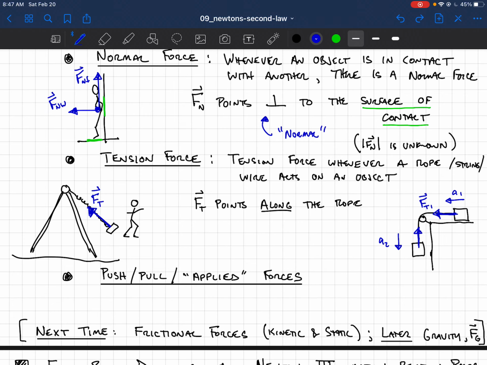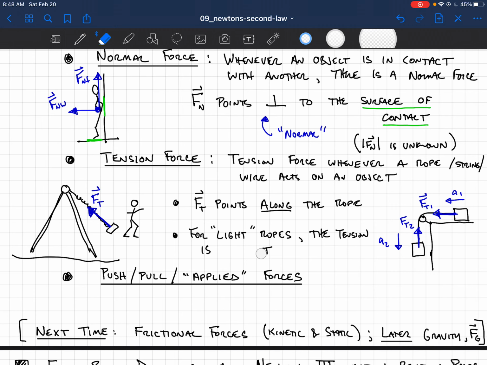Sorry, let me draw that off to the side here. Force tension 2 acting on the second object. And notice that I drew them exactly as I stated here. The force of tension acts on an object along the rope. There's another rule here about tension forces, which is for light ropes, and we should say across frictionless pulleys and massless pulleys, the tension is constant. Maybe I should say uniform, meaning that it's the same at every place in the rope. Constant usually means constant in time. What I mean is that the value of the magnitude of the tension is the same all the way along the rope. So in addition to writing down these two forces, at some point I can make the expression that